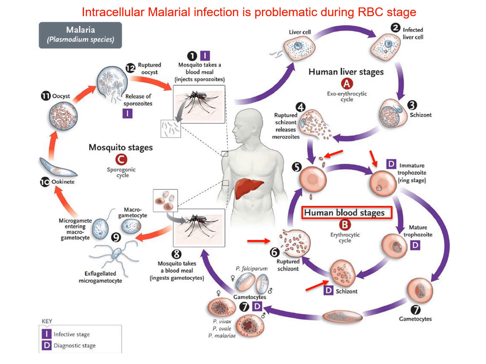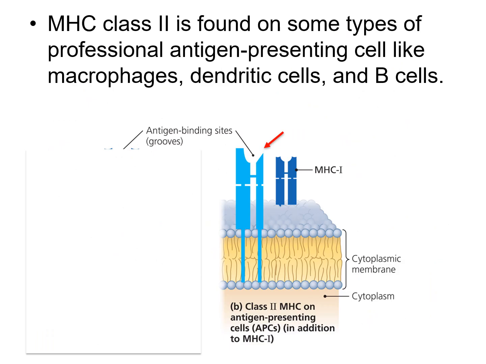This slide here illustrates it in much more detail if you want to know about how the red blood cell gets infected. Start on the human liver stage side, A, and go through 1, 2, 3, 4, and 5. That shows you where the protozoa enters the red blood cell. So that was